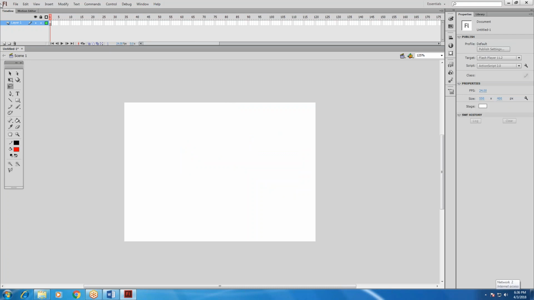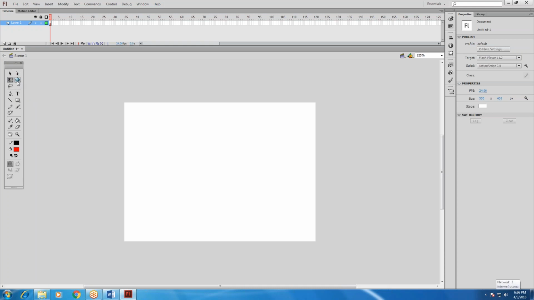So this is the selection and subselection tool. We can select with free transformation, and increase or decrease the size of the object. We use this option.